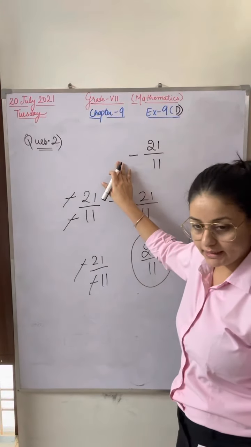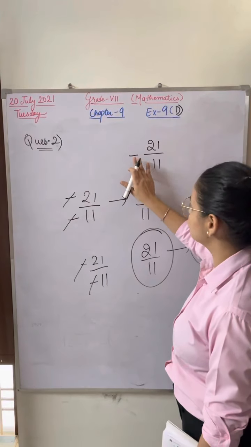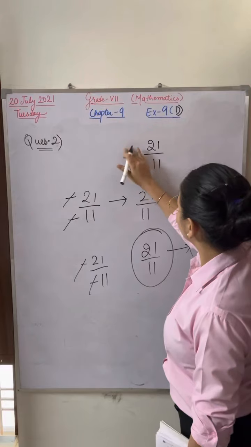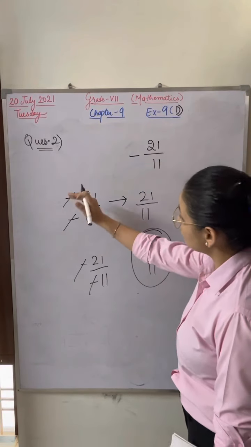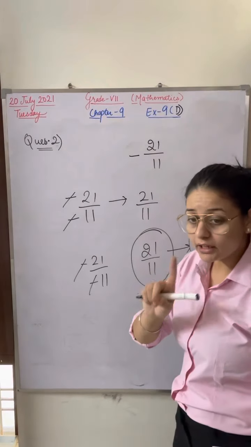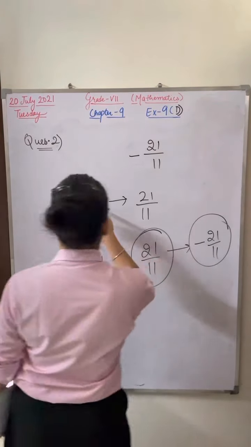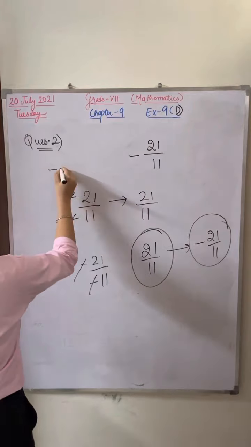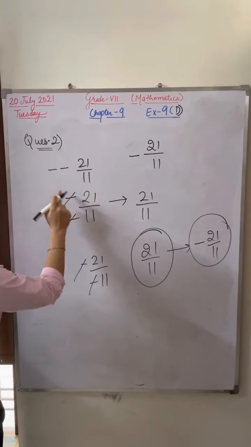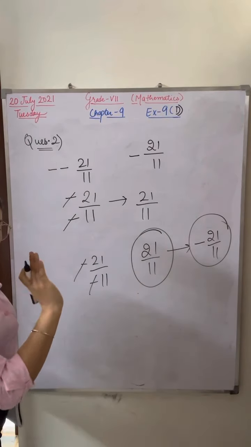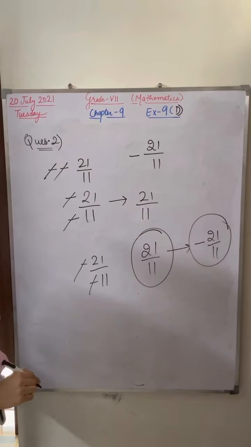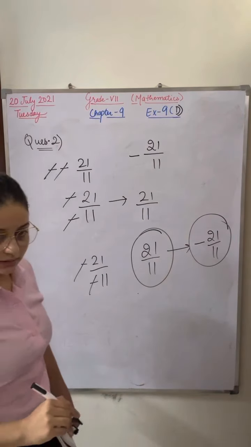In some cases you can suppose this minus is common. If the minus sign is given here, then also you can suppose this for the minus sign. But if the minus sign is given in the numerator and in the denominator, it means there are two minus signs. If I write this term here, minus 21 upon 11, I have written this minus sign here and this minus sign here, two common minus signs. So again, two minus signs will get cancelled. Right?